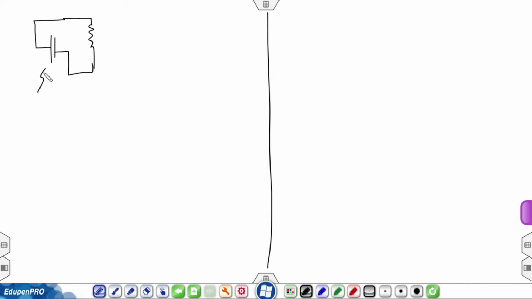So, here is EMF applied, and as it is setting up a current, there is an induced EMF. So, correspondingly, there will be an electric field